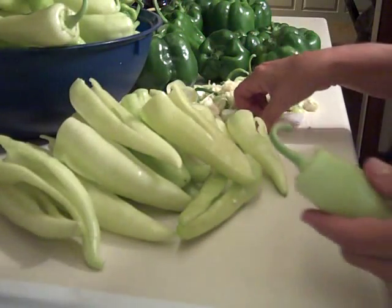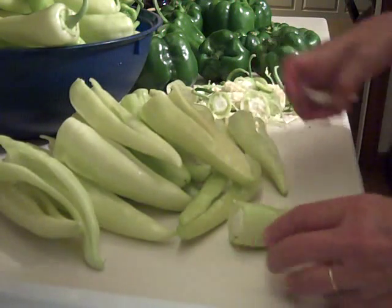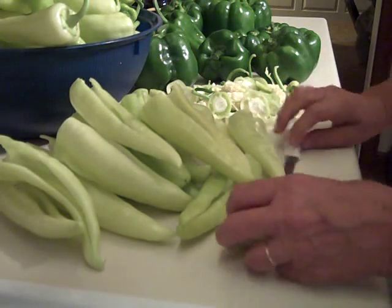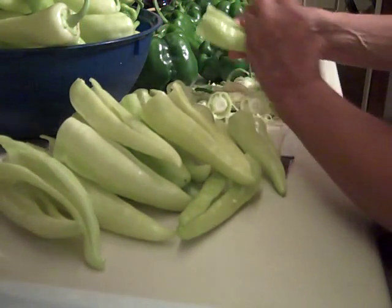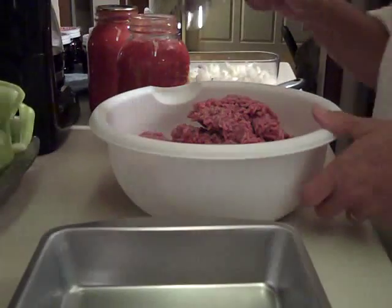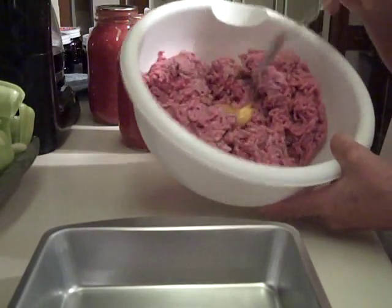To make the stuffed peppers, all I do is cut the top off, slice the pepper down the center, remove the seeds, and then I wash them. Okay, now to make the meat mixture, take a couple pounds of hamburger and an egg,